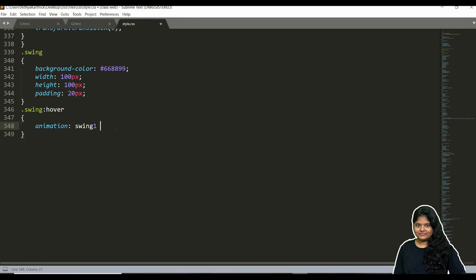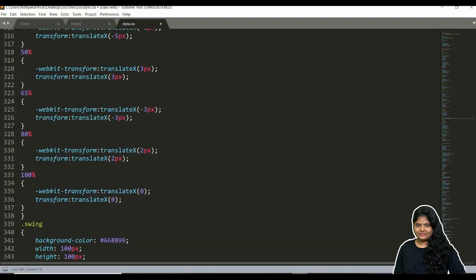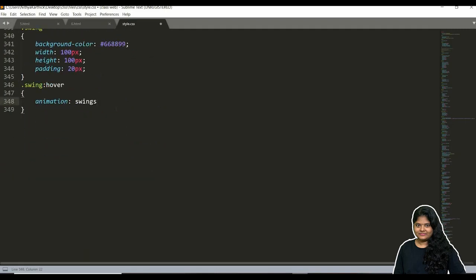In the keyframe name it's better to use only characters. I am changing the values here also. Swing, 1 second. For every second, each and every frame should be changed, or you can give it as 2 seconds also. Let me start with 1 second.